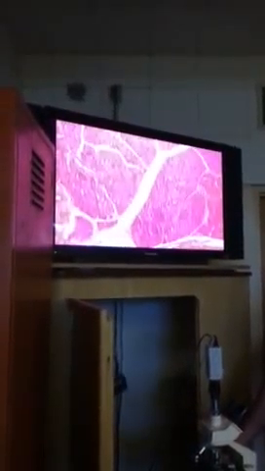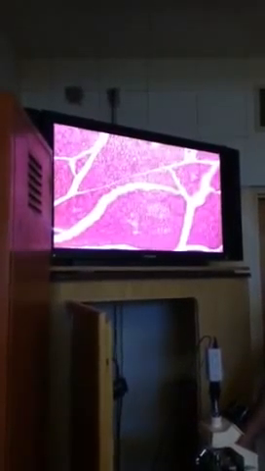Let's see if we can, whoa. Now, you have two different major ducts in the pancreas. You haven't learned this yet, but you have the duct of Wirsung and the duct of Santorini. You have the pancreatic duct and the accessory pancreatic duct. So one's the largest one, which would be the main pancreatic duct, and then there's the accessory. Off of the large pancreatic duct, which is one right there, you're going to have